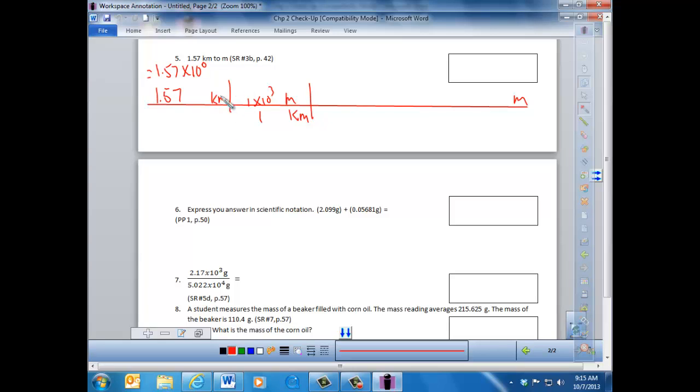So if you need to keep this straight in your mind, you can set this up like this to begin with. The kilometers will cancel as you divide them. So this will be 1.57 multiplied by 1 divided by 1 is still 1.57. And then you have the 10 to the 0 that you started with plus 3 here, and the units meters, and that comes out to 1.57 times 10 to the 3 meters, or 157 times 10 to the 3 meters, which is 1,570